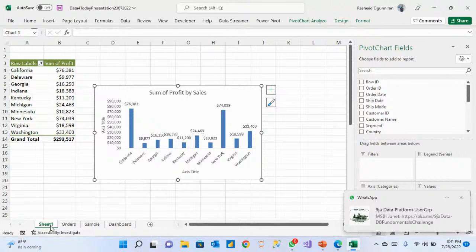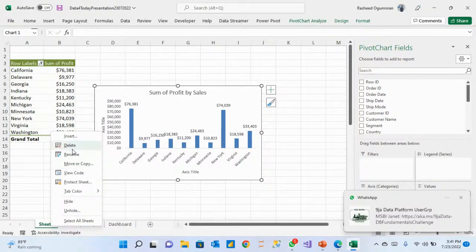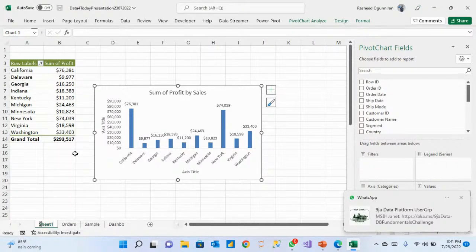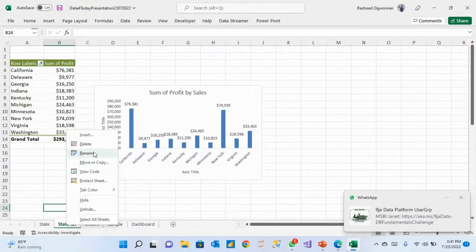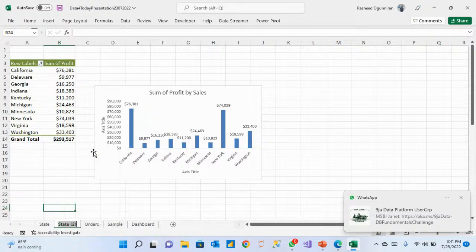Now I can call this one states. So instead of me creating everything from the beginning, I can still hit these same states, hit your control key, and drag it. When I drag it, it will duplicate that column. I can now rename it. I can call it ship mode, maybe if I'm analyzing by ship mode